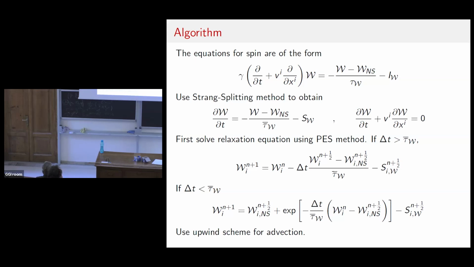To solve this equation, we use the piecewise exact solution method, which says that if the time step is greater than the relaxation time, then you update the solution according to this. If the time step is less than the relaxation time, then we approximate. This equation can be solved exactly, so we use the exact part, and this is treated as a correction. Once we have an updated solution, we put it in the advection equation and let it evolve using an upwind scheme. Note that this step is done twice. This is a second order accurate method, as can be seen because we have n plus half, which means we store the information at the half time step too.